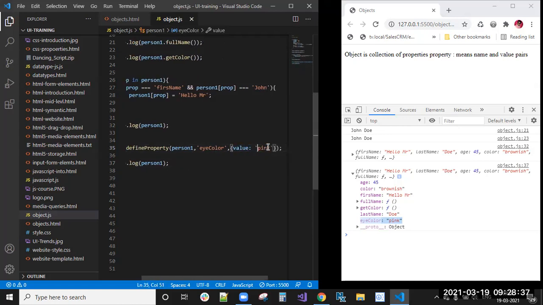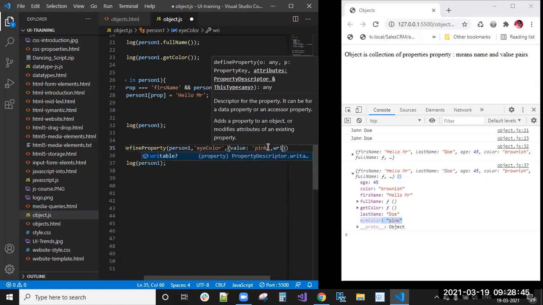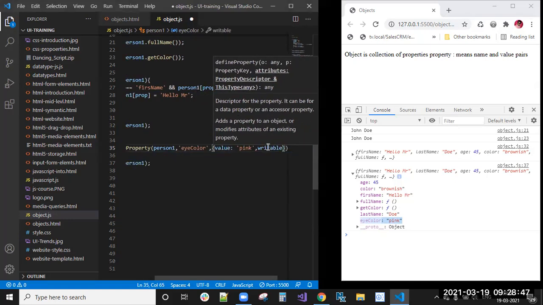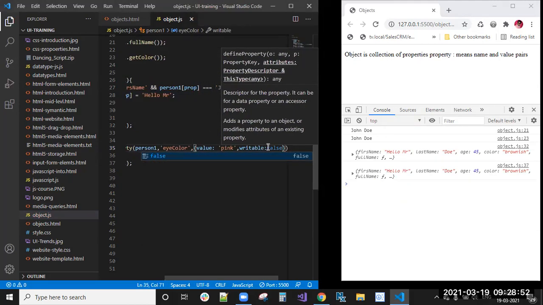This value we can make read only, which means writable false. If you set this false, you can't change that property value. In future, eye color is pink there. If you are trying to change that, that value will not change. Okay. Writable false.